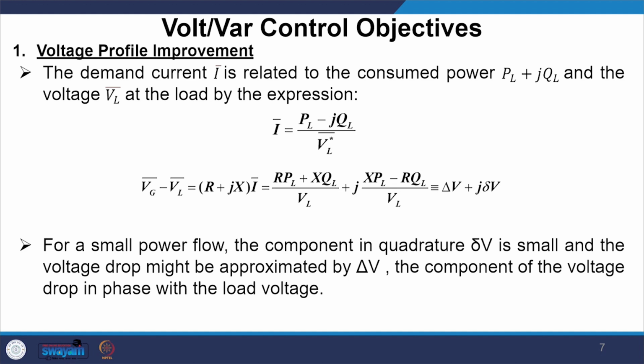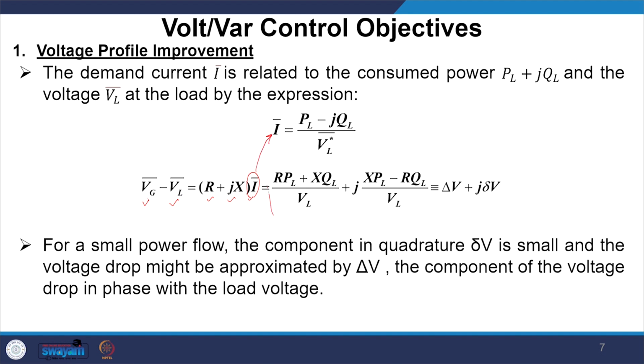The demand current I is related to the consumed power PL plus jQL and the voltage VL of the load, given by the expression I equals my load upon voltage, that is, PL minus jQL upon VL star. And from the above equation, now we had an expression which speaks about Vg minus VL, which is R plus jX times I. If I substitute the value of I from the above equation,